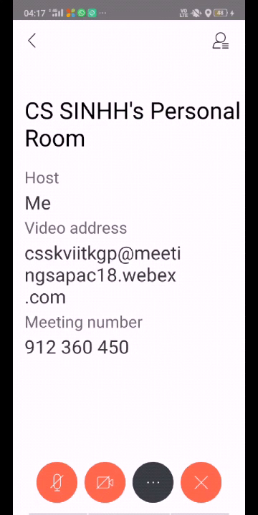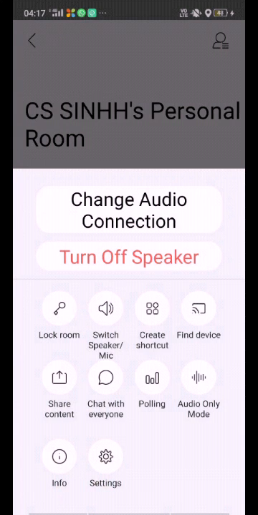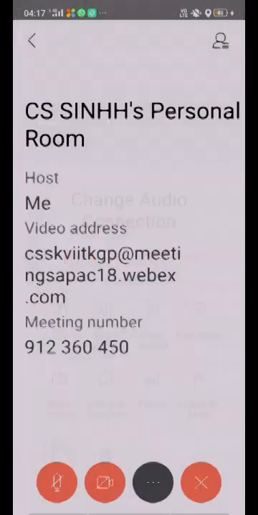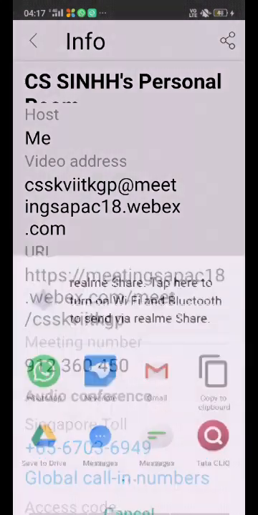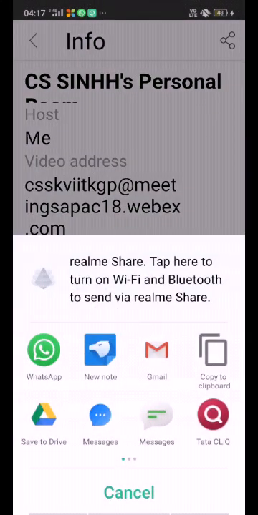Then three dots are there. Go in three dots. Here you will get an option like info. From info you can send the link on WhatsApp. After clicking on info, click on this share button. From share you will get the WhatsApp option.